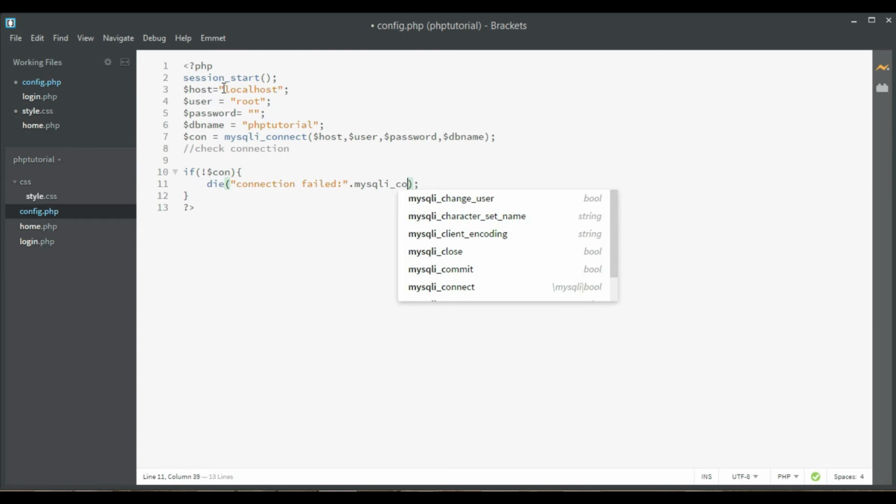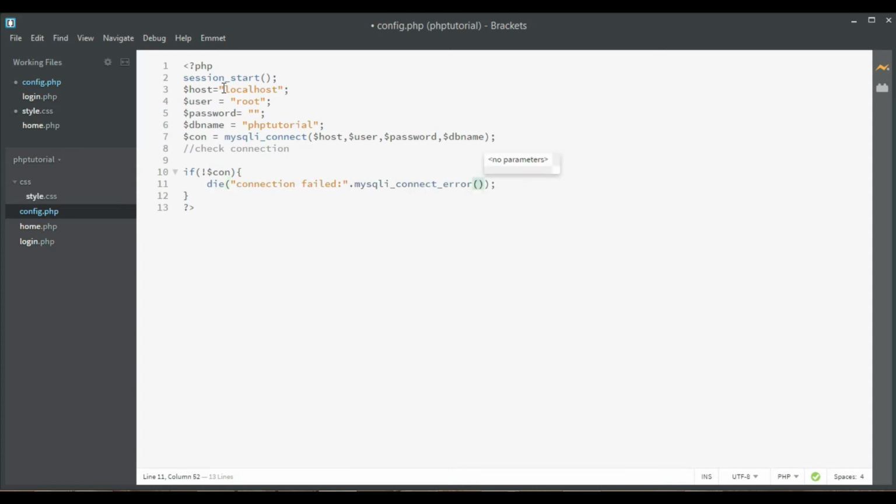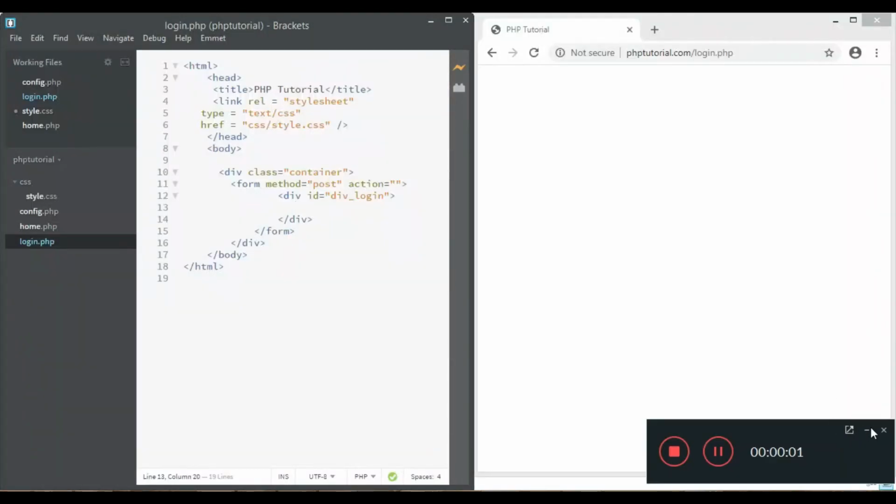Okay, mysql connect error. Okay, so finally done. Now we move toward HTML. Here I am creating a login page where we have to add this HTML. Okay, so